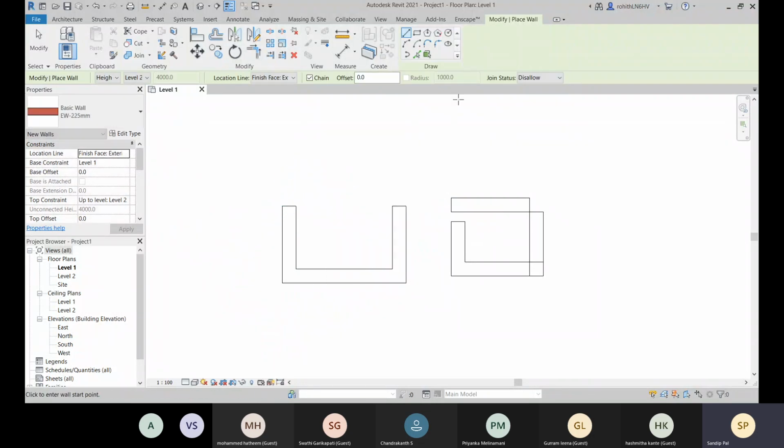Before placing, make sure that this is allowed, and you can change it here also. Now here you can understand the wall center line. This will be the center line for the total wall, and this will be the center line for that particular core layer. It can be the same, it can be different.